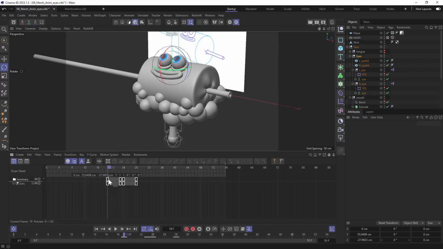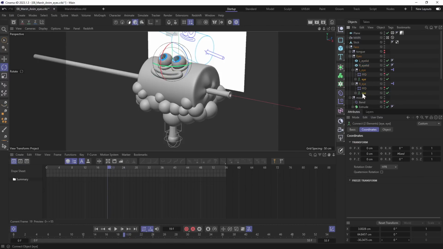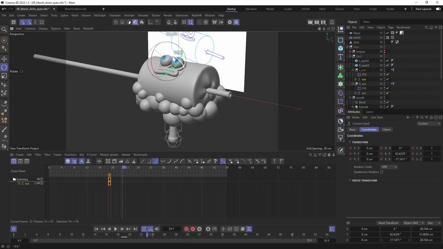At first, I'll set the keyframes of neutral poses in frame 19. I want them to diverge a bit while shrinking. So let's set the time slider to frame 23, then rotate the eyes and set keyframes. I think it adds more tension before they blow up. The next key pose is in the 28th frame. I'll just mimic the pose from the reference.